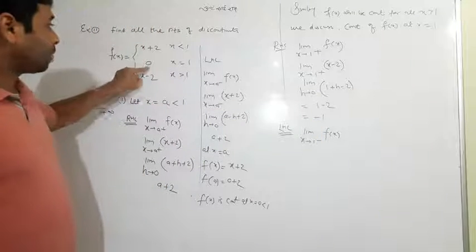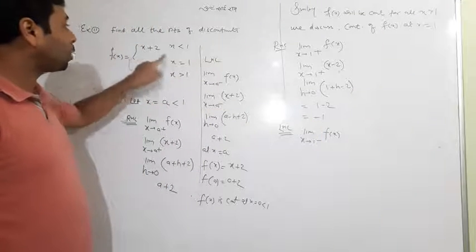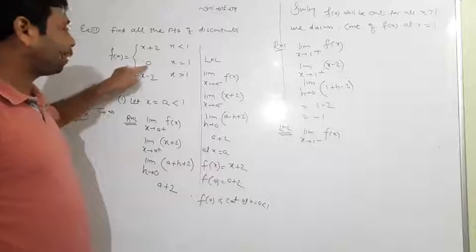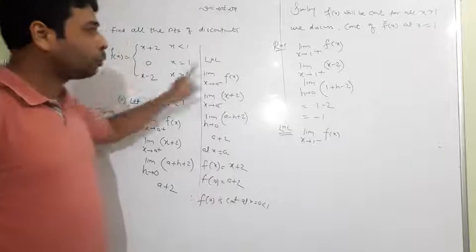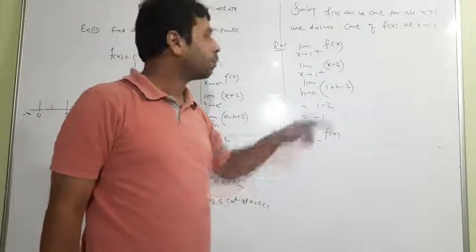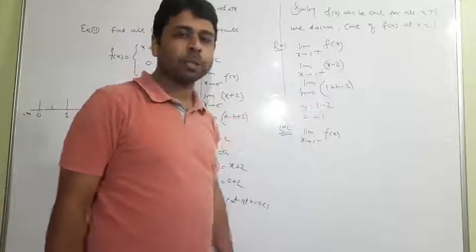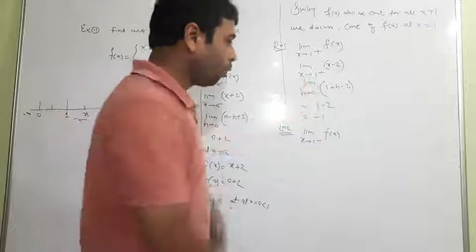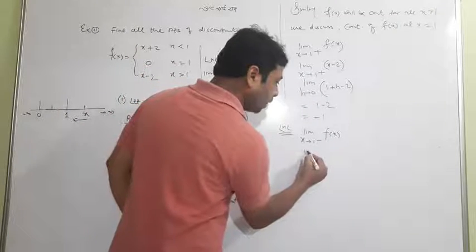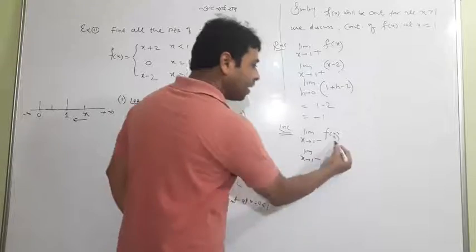And what about this? This is the value of the function at x equal to 1, meaning it is f of 1, and f of 1 is what? It is 0. And f of 1 should equal the limit as x tends to 1 plus and the limit as x tends to 1 minus. But this time, if you're not satisfied with my sentence, go ahead for 1 minus. I tell you what to do. Limit x tends to 1 minus. Speak here what is f of x.